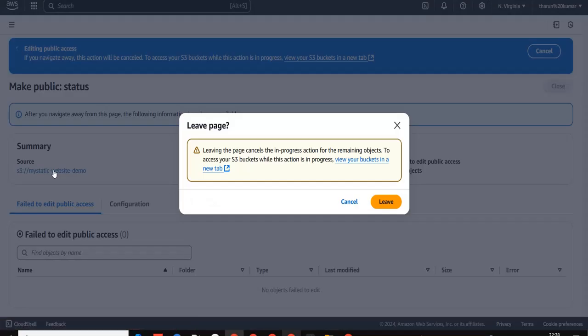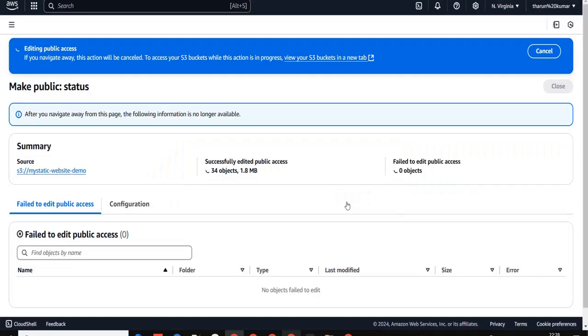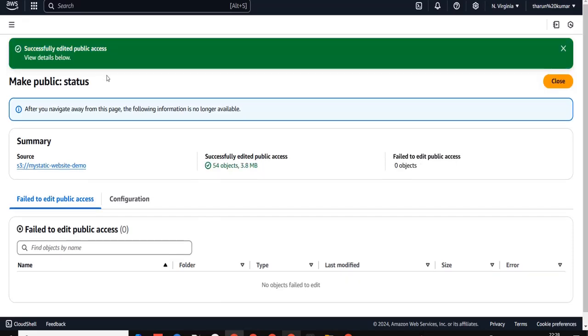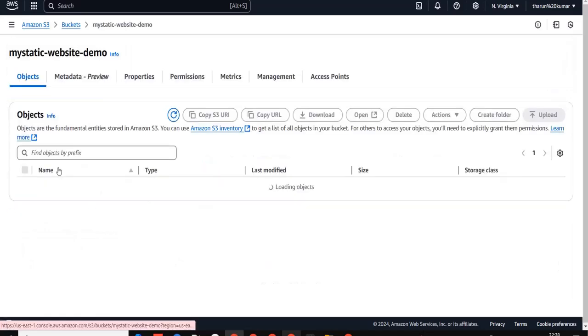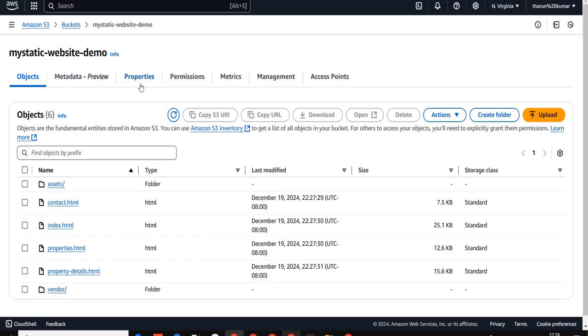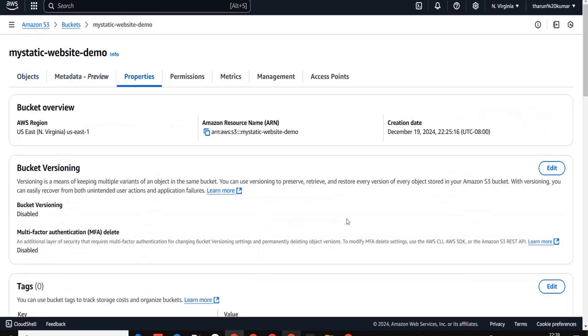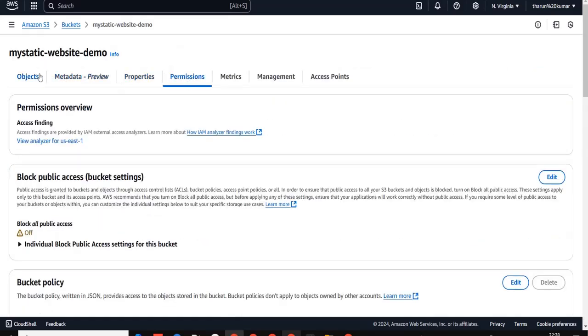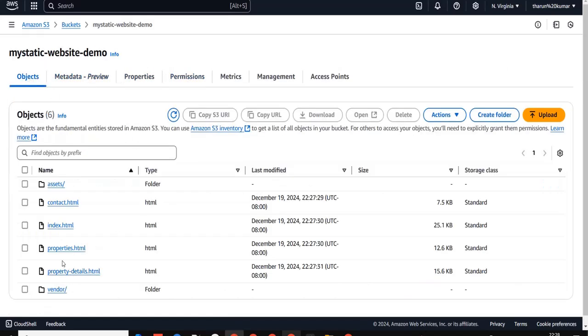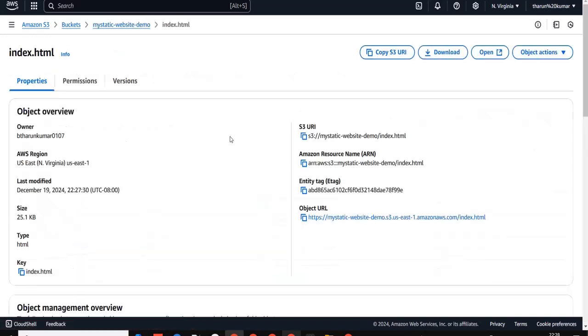One second, it is making it public. Sorry, it is still processing. Now it is public. So now what we'll do? In the object, if you open index.html, you can find this URL.